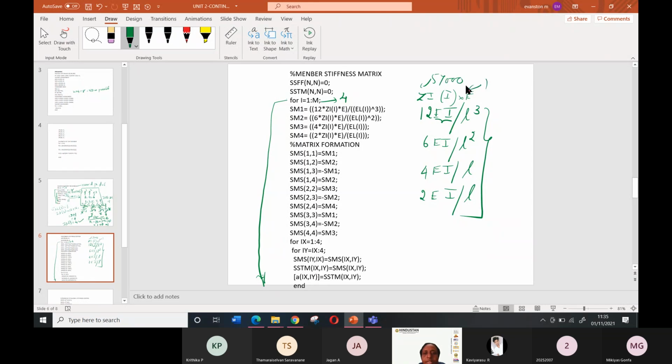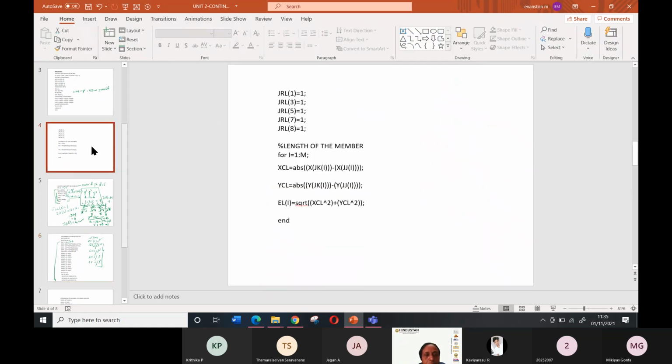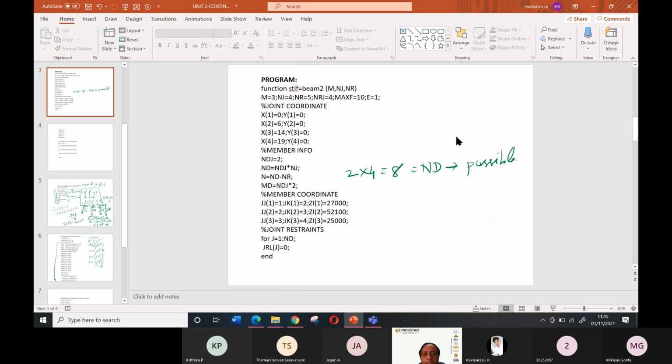So totally EI will be equal to 57,000. So that I have calculated by L cube. How to put L cube? Length of the member we have taken. What is the notation we have used for calculating the length of the member? Length of the member is EL of 5.